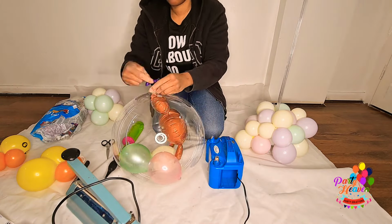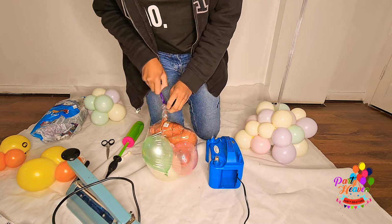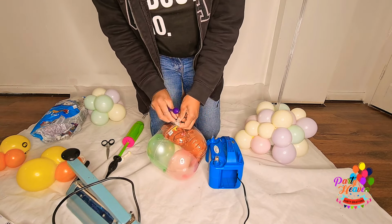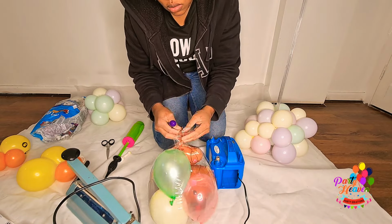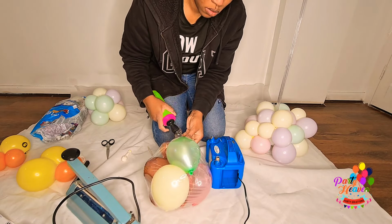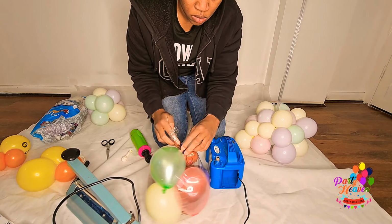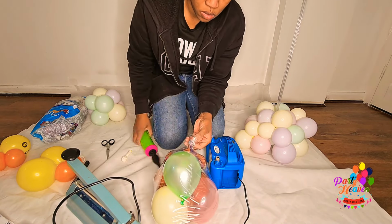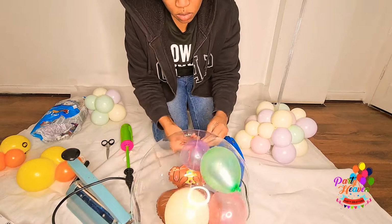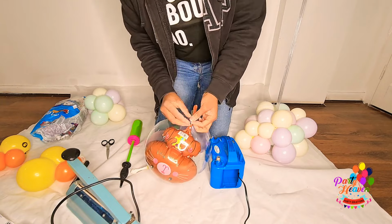It takes practice, but some people find it easy immediately. So I'm putting the last 5 inches balloon into the bubble balloon right now, which is the purple. I also decided to use the Claire's 5 inches see-through, so they are pastel colors, but not solid colors. They are not solid like the base, just to create a kind of contrast between the top and the bottom. So once you've inflated the next 5 inches, you just tie off,